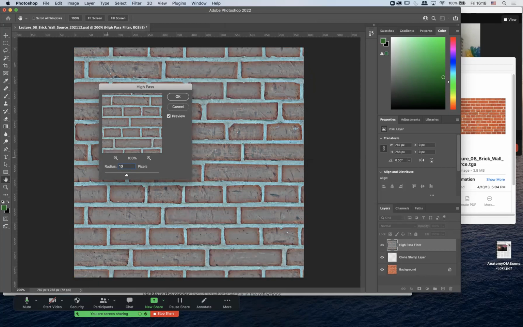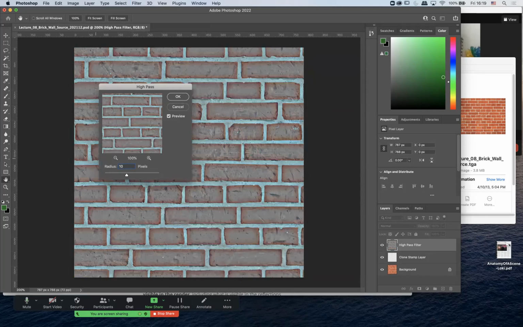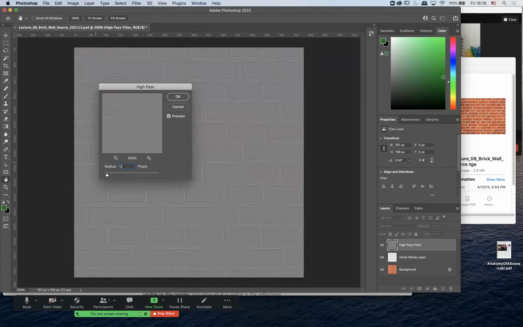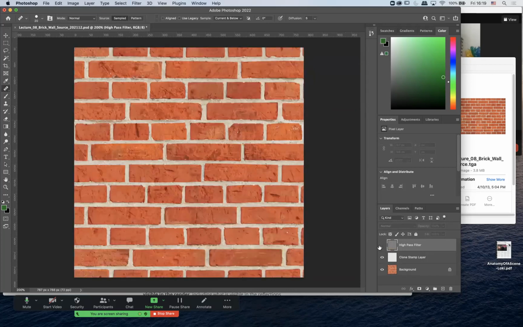For this, we want to filter roughly between 1 and 2. I always pick 1.5. Now, what that's going to do is make the contrast between the highs and the lows a little bit more, but not nearly as much as 10. So 1.5, what that's going to do is by default cover up our other work,